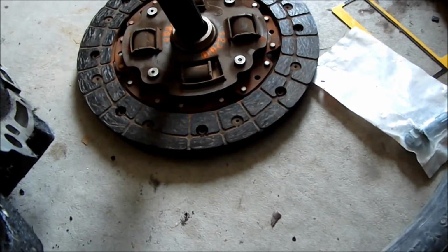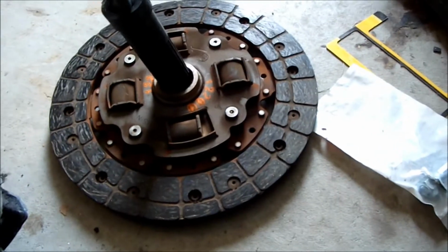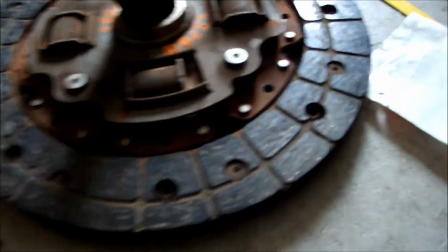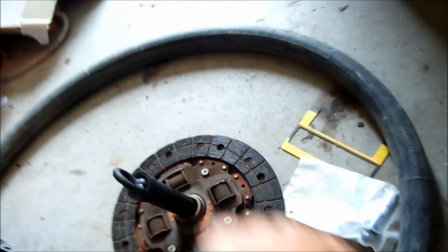I wasn't going to put that much into it. This is the original clutch. I took it down to a guy to actually buy a new clutch, and he handed it back to me and said, "Save your money because it looks brand new." He looked at it and he said if he had to guess, he would guess probably 20,000 miles on it,